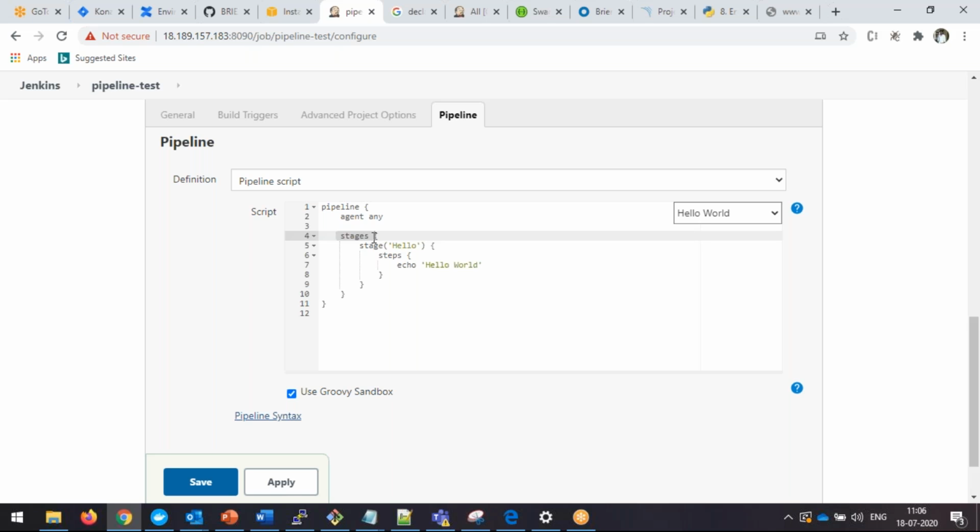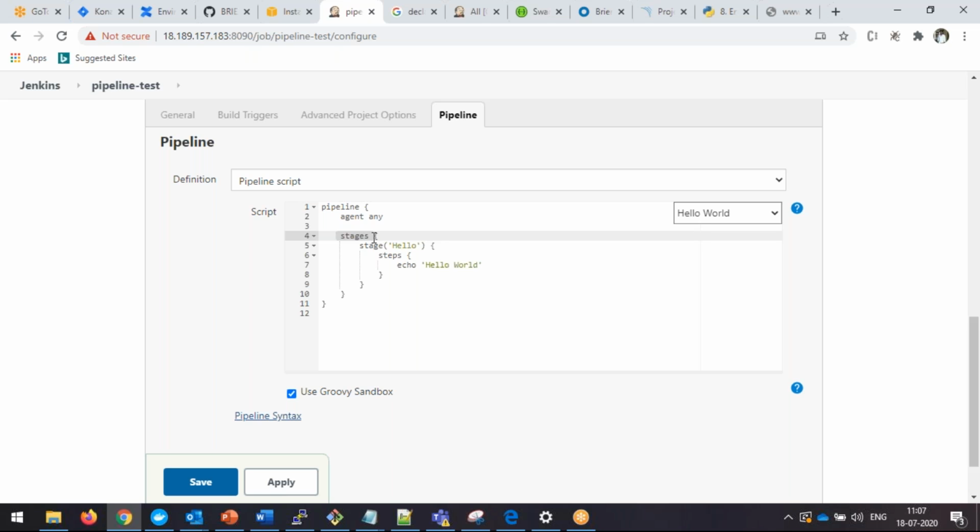Right. So now here we are going to define a stages block. Inside the stages block, we are going to define a stage. Now the stage is nothing but your task. So we will have a main block called the pipeline block. Inside the pipeline block, we are going to have one more block called the stages block. Inside the stages block, we define the individual stages for each step. We can call it a step, a task, or a stage, whatever it may be. Whatever action or activity you want to perform will become a stage